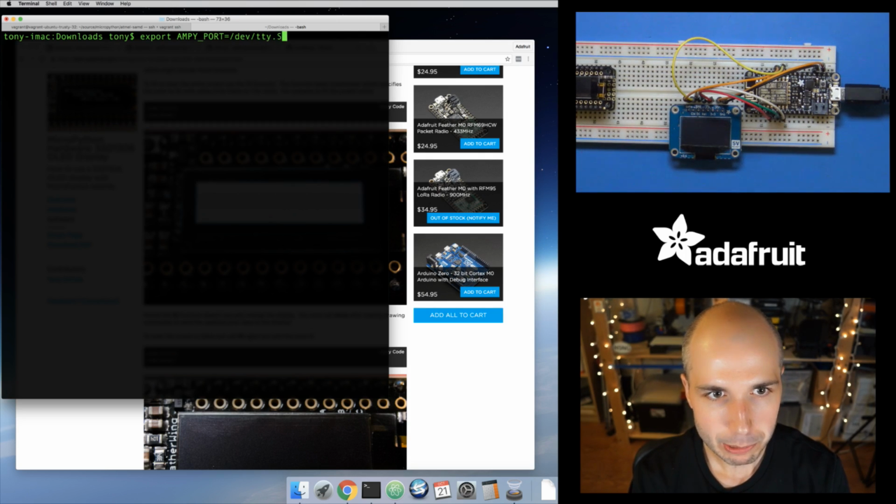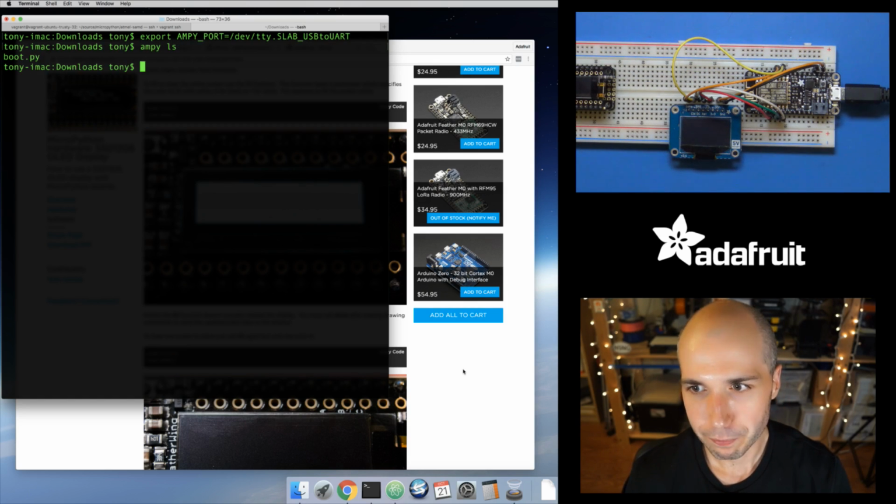So it's the TTY Scilabs USB to UART board here. This way I don't have to constantly specify this port parameter whenever I make AMPY command calls. So I'm just going to run ampy ls. This lists the files that are on the ESP8266 board. There's only the boot.py, so I want to put that